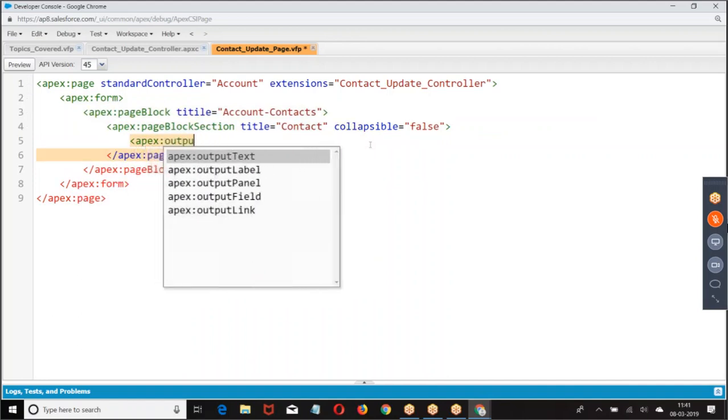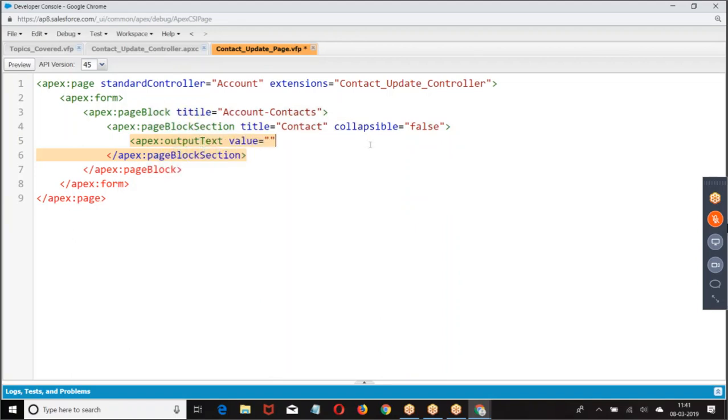I'm giving here output text value equal to whichever the account I am taking.